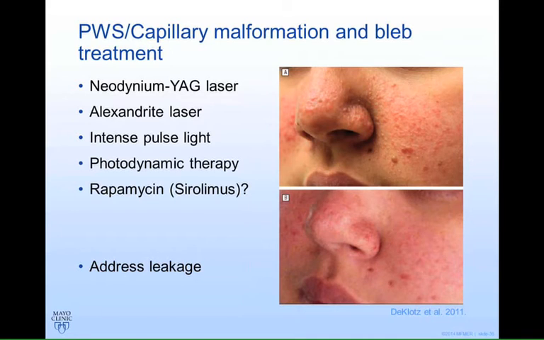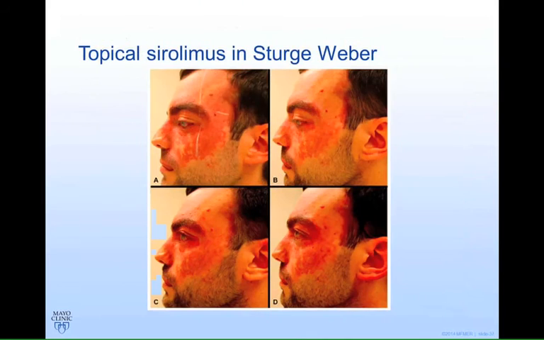Topical sirolimus may also be helpful in those areas that are pretty annoying, that tend to leak a lot, that we have a lot of trouble healing up. We do need to do some better studies on topical sirolimus to see how well it really works. But I have found some benefit in the smaller lymphatic malformations that arise on the skin. It seems to be a really good use for the topical medication.